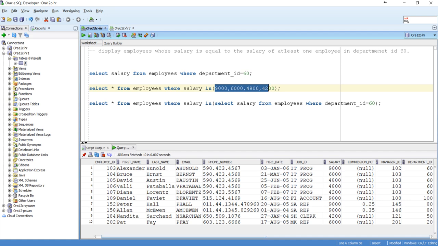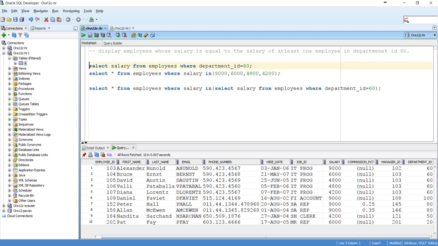So here my example is: display employees whose salary is greater than at least one employee